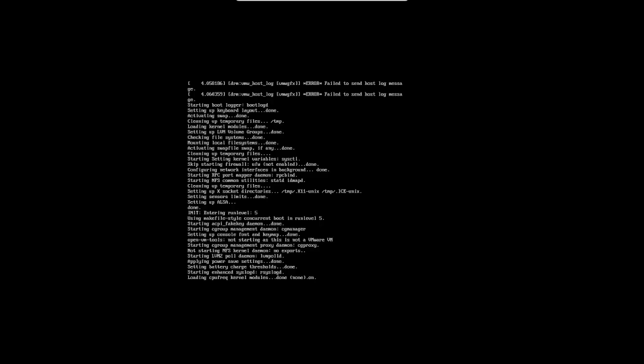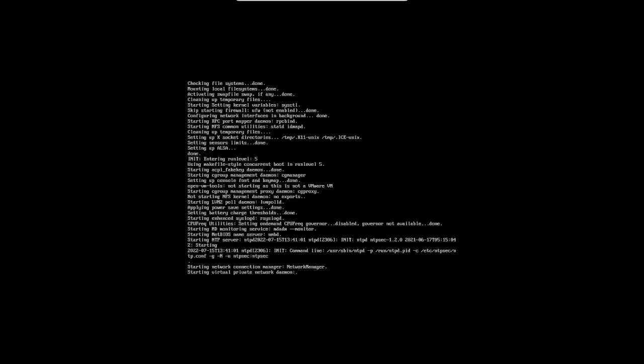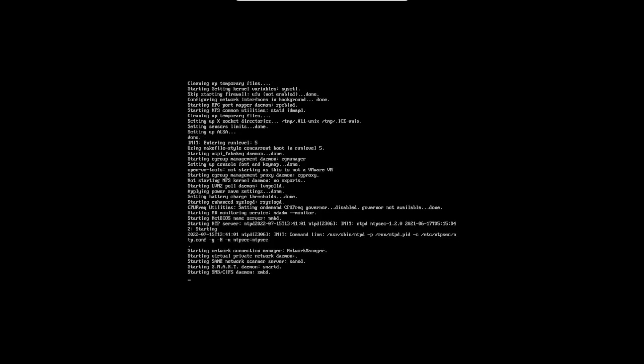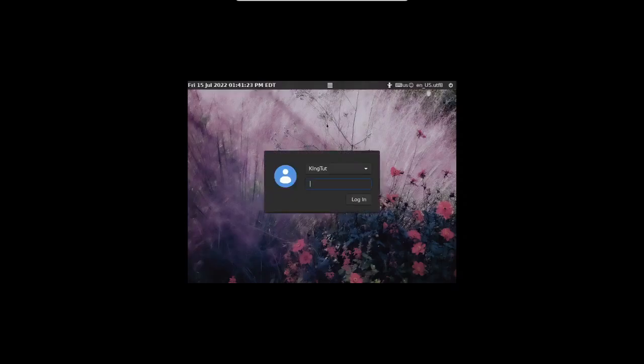All right. It's just basically loading. I guess it loaded. That's quick. All right, so I'm just gonna put in the password that I made, 23, and log in.